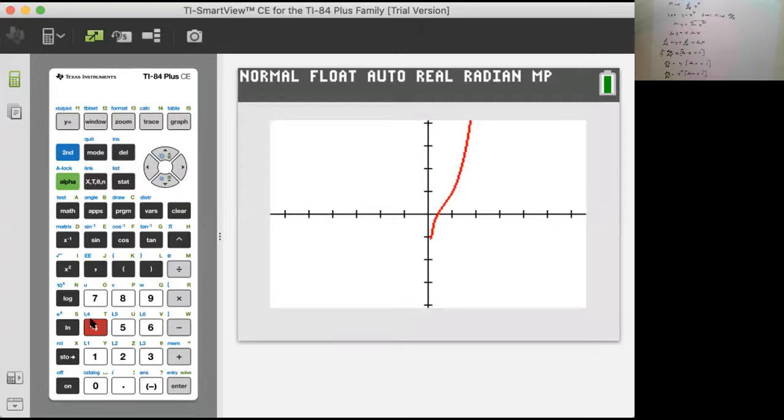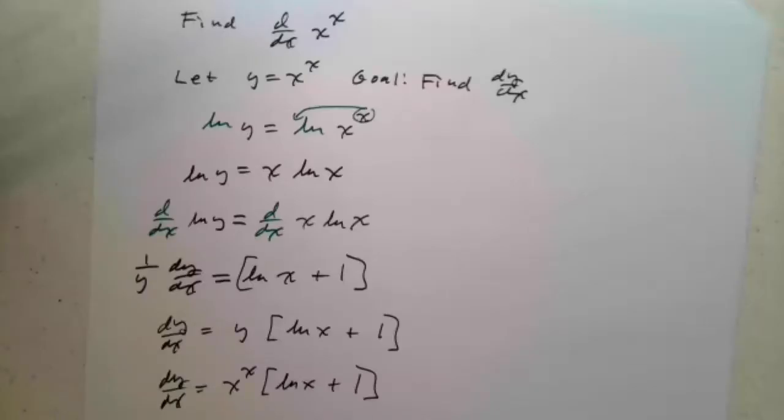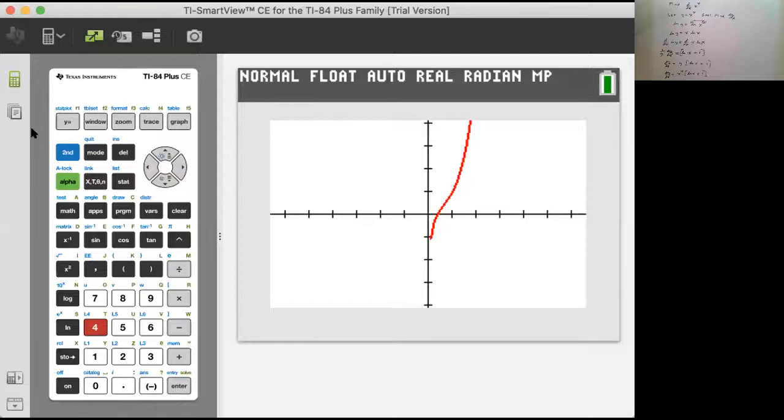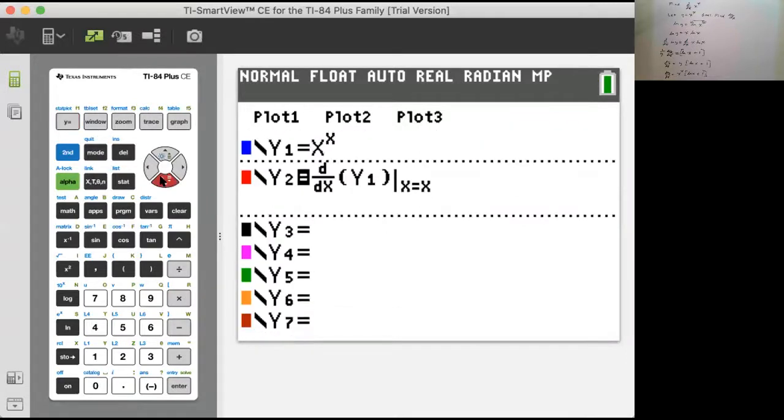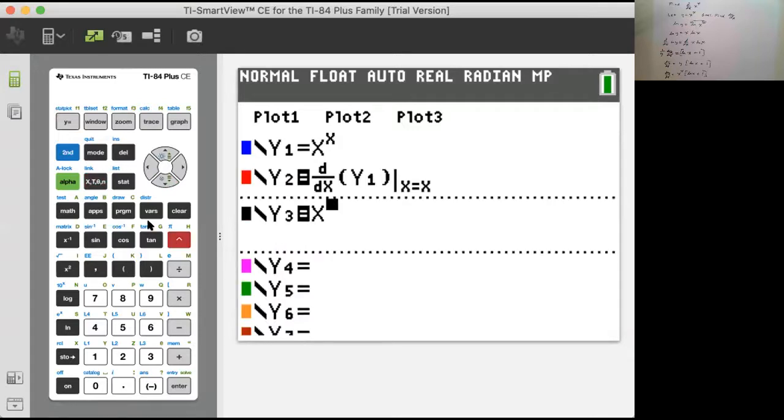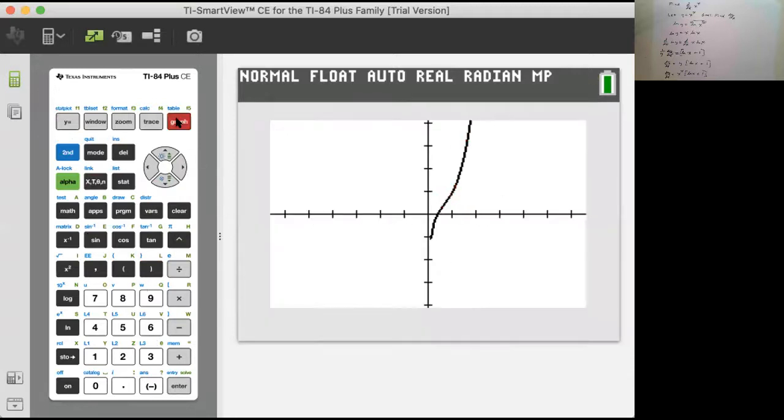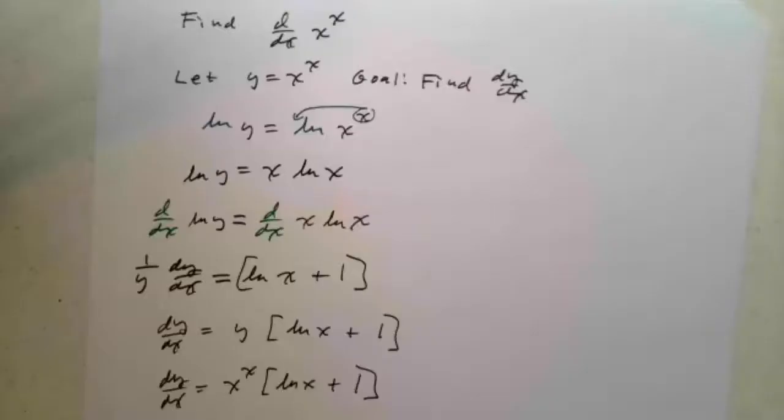And let's graph what we think our answer is. We thought it was x to the x times natural log x plus 1. So that was in red. We will do in blue now x to the x times natural log x plus 1. Be careful with order of operations. Gets a little tricky. So does the black graph lie on top of the red graph? We hope so. And sure enough, it does. So that's an indication that it's correct. So this is a really nice tool. It enables us to solve a lot of problems without memorizing different